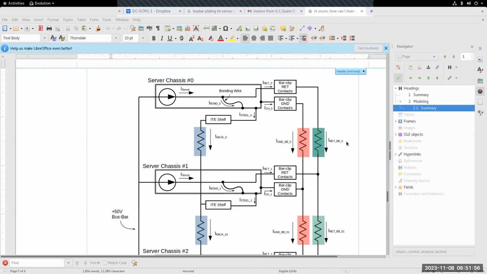There's another question that I wanted to ask people about that's completely unrelated to this, but it is related to the bus bar. At Oracle, we had another architecture of servers and racks that involved bus bars.